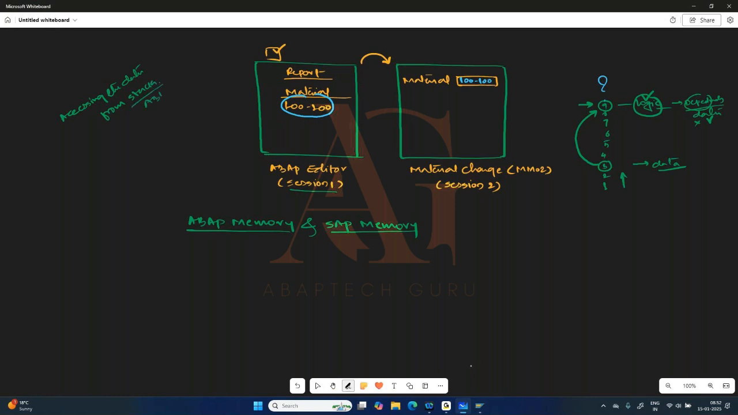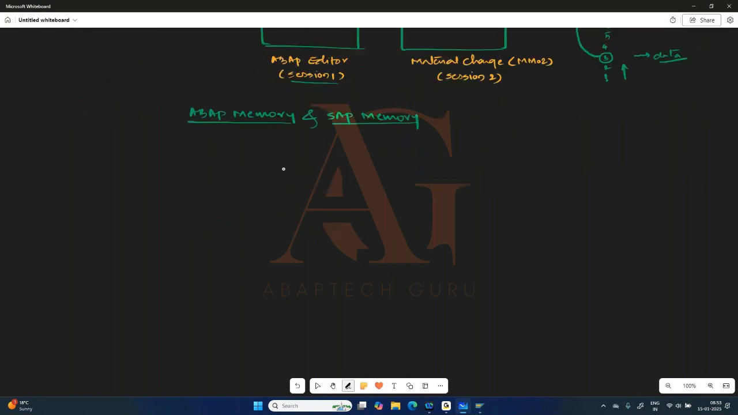So there are different ways, and one of them is ABAP memory. Within the same session, if you want to access data from one stack to another stack, then we need to go with the ABAP memory. Now if you want to access data from one session to another session, meaning applications are different and sessions are different, then we use SAP memory, right? So here, if I go first with the ABAP memory,